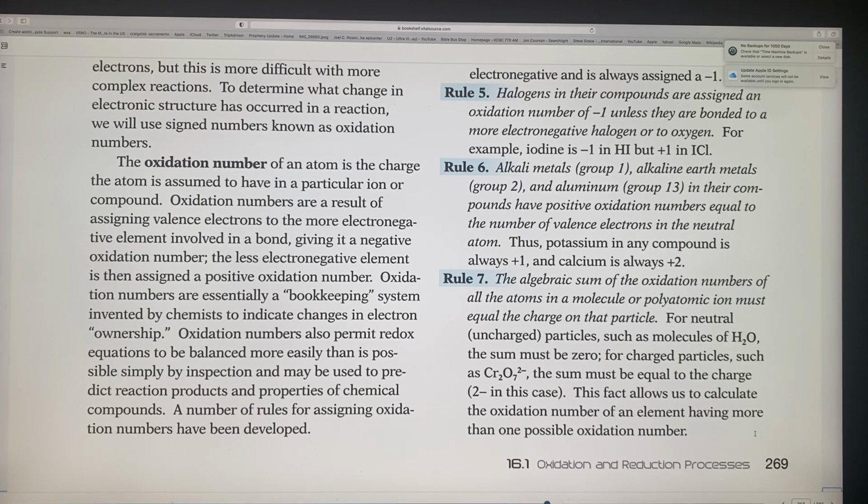So we have to take the algebraic sum of the oxidation numbers of all the atoms in the molecule, and it must be equal to the charge on that molecule, okay? And that's what we were doing, taking the algebraic sum of all of them, and it has to be equal to whatever charge. If the charge is 0, they have to be equal to 0. If the charge is -2, it has to be -2. And so that's what we were doing